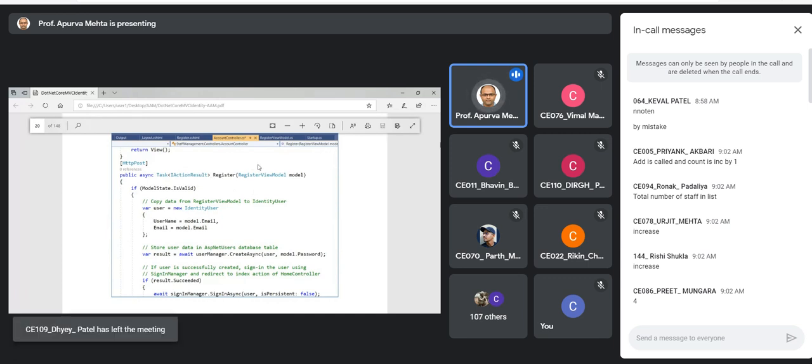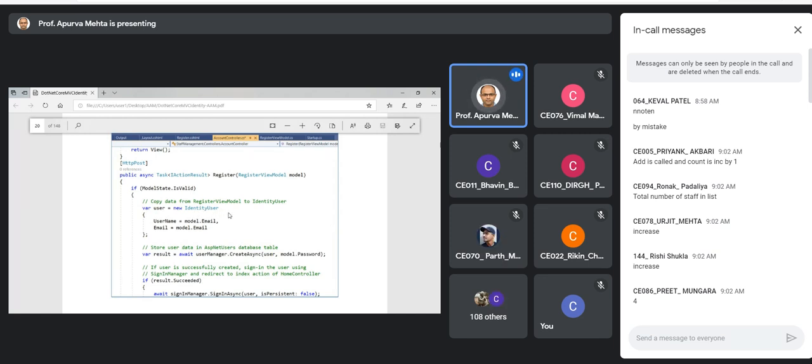Data will come from the form, and it will be of type register view model. We will check if the validations are passed. If validations are passed successfully, then here you see the thing. Register view model is not the actual class. You don't want to create a table based on it. It's just a class model you have created for rendering a view. Based on that, whichever data comes will go to a different class. Which class? Identity user. So here you create an identity user.